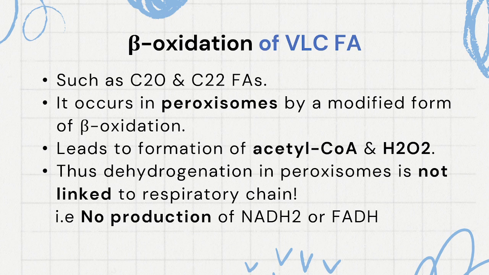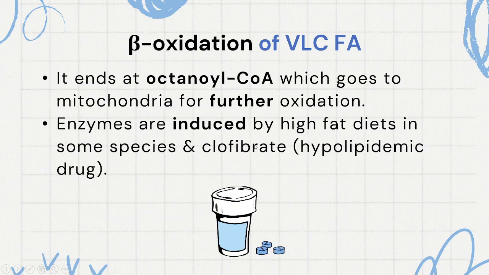Thus, dehydrogenation in the peroxisome is not linked to the respiratory chain. The reducing equivalents here form hydrogen peroxide instead of forming NADH and FADH2. There is no production of these coenzymes following oxidation of very long chain fatty acids in the peroxisomes. It ends at the level of an 8 carbon atom side residue called octanoyl-CoA, which will go to the